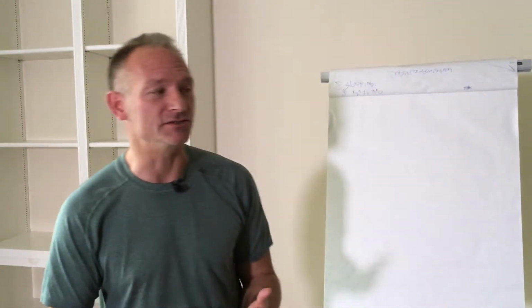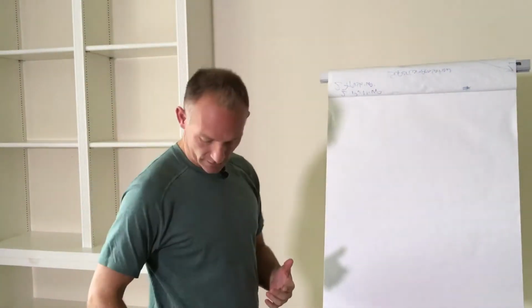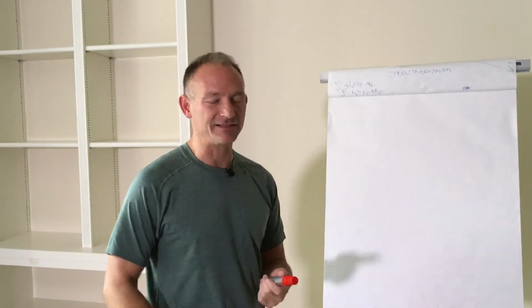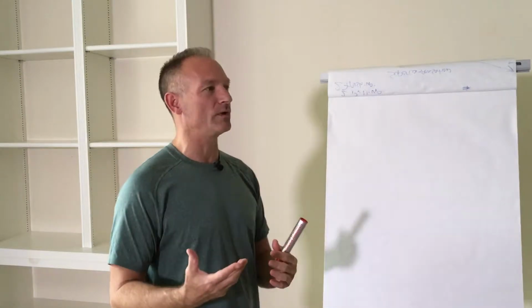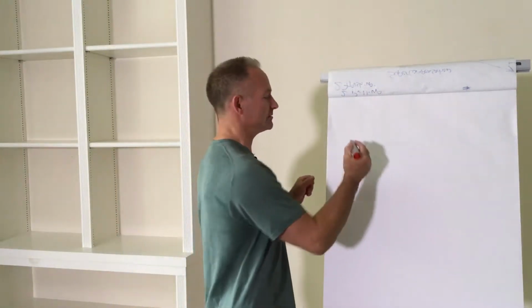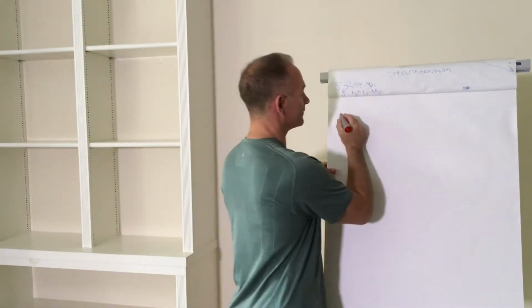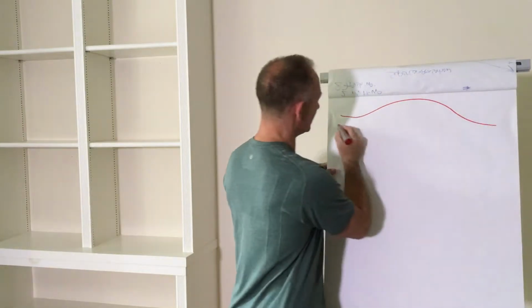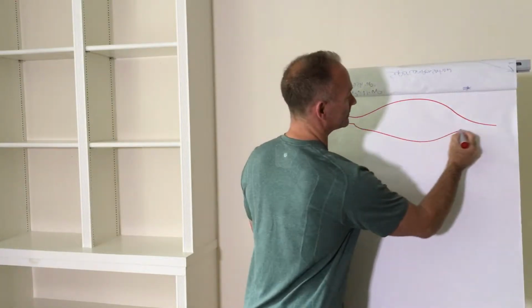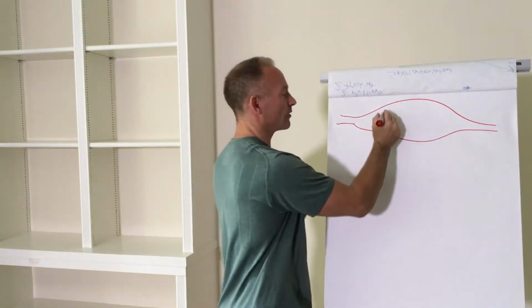So what I wanted to do today is kind of let you see graphically what that kind of looks like. And so when we have a normal muscle tissue, let's see if I can draw this. You have like the muscle belly here. If this is a tendon, that's the belly, right? And if this is normal,